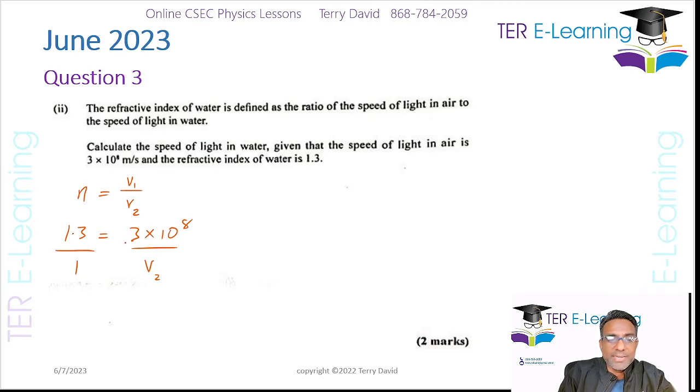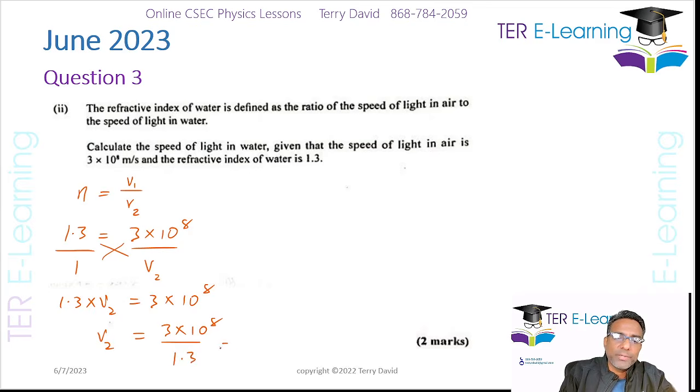So we're going to write this as 1.3 over 1, and then you're just going to cross multiply. So 1.3 multiplied by V2 is equal to 3 by 10 to the 8. So therefore V2 is equal to 3 by 10 to the 8 over 1.3,